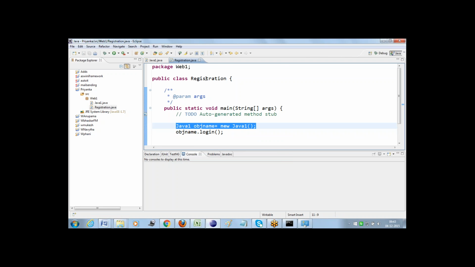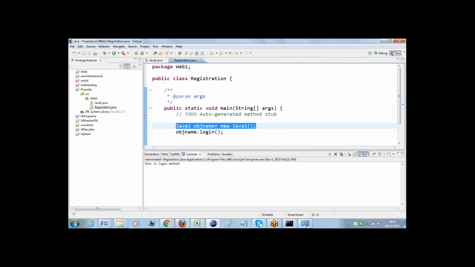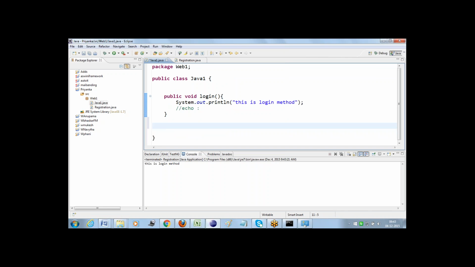I'm just ending that. Now, right click, Run As Java Application. The content got executed here. And right now, I am adding another method, which is public void logout, with System.out.println, this is a logout.